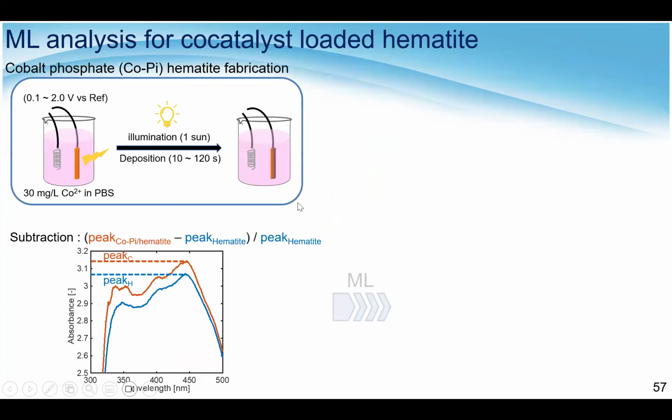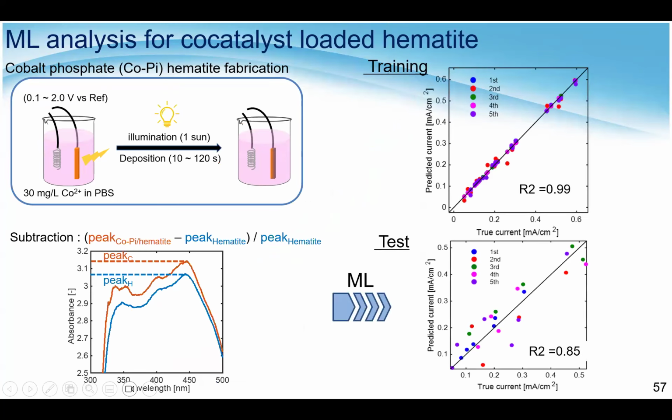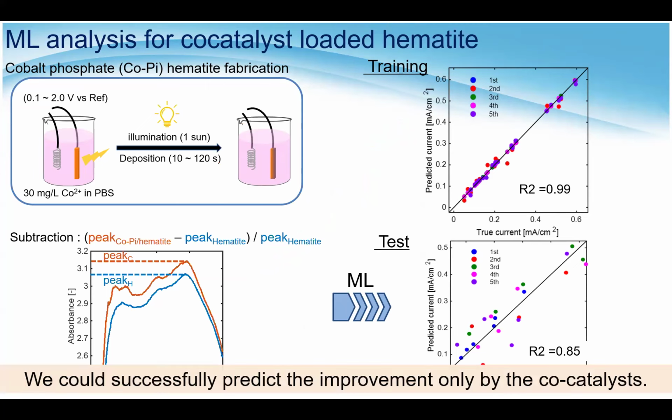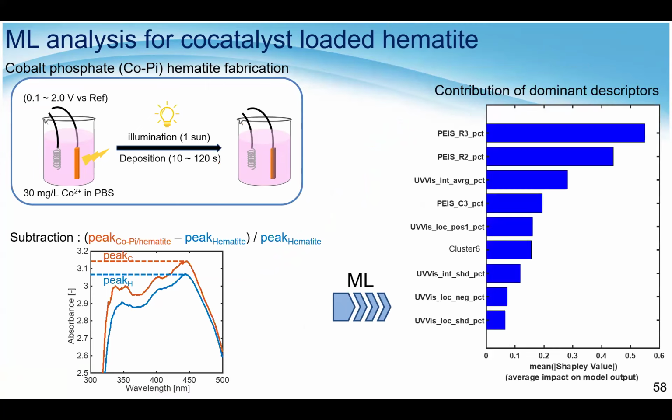Then we use machine learning, and it actually works very nicely for training and test data. Even for test data, R2 is over 0.8, which is a very good prediction. And we could analyze by the SHAP analysis. And one of the results I will explain here,